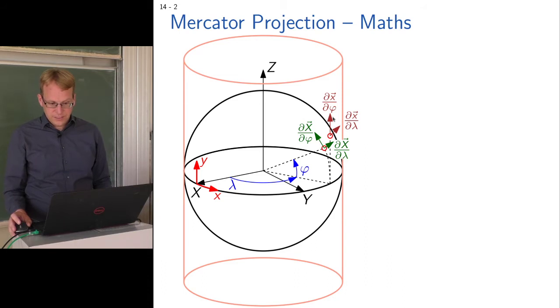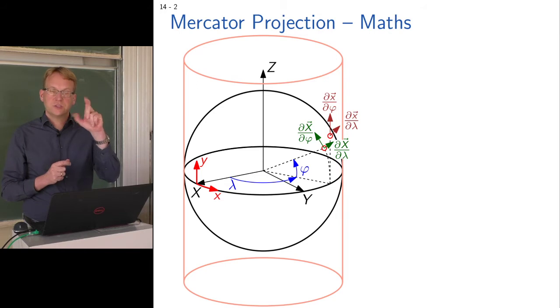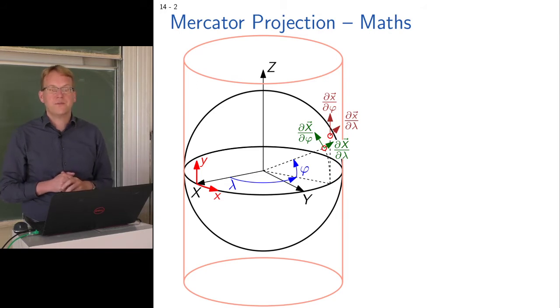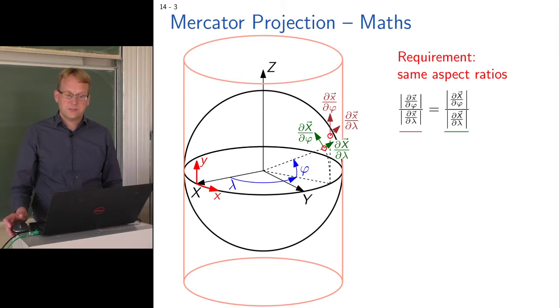And we get the surface element, not on the sphere, but actually in the map plane, spanned by these 2 brown vectors in my figure. And now with these vectors we can